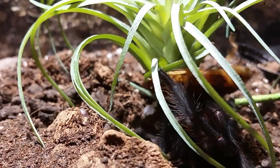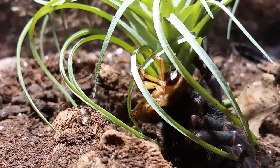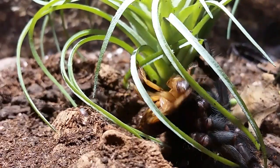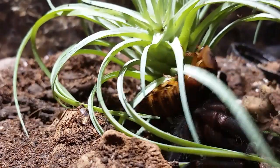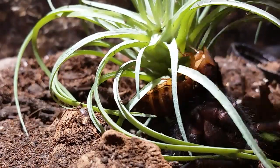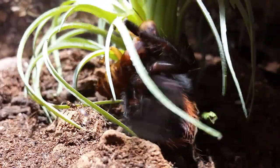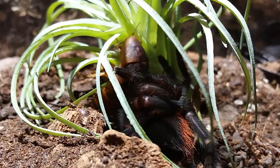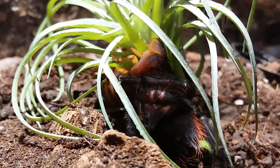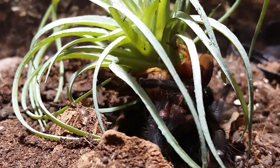You can see he's not letting go. As much as he's upside down and probably is not happy right now, he's not letting go. Come on, buddy. You can do it. Let me get this plant out of here for you. I'll give you some footing. I actually kind of like that plant, just the looks of it, but